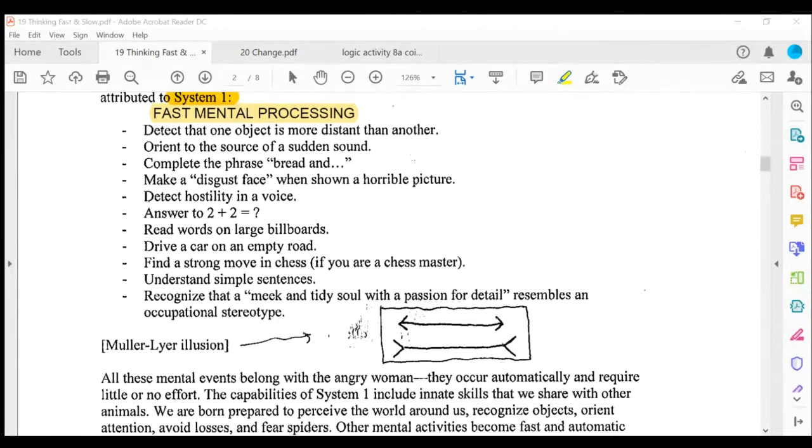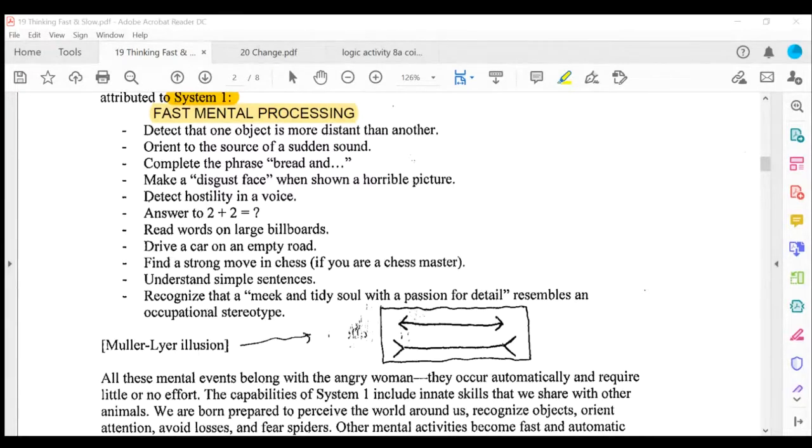Does the top line look longer or does the bottom line look longer? Lydia says the bottom line looks longer. Facundo says the bottom, although, spoiler alert, they are the same size. So that's what makes this an illusion. Facundo's exactly right. These are literally the same size. They're the same length as each other. But you know what our fast mental processing does? Our fast mental processing automatically, reflexively, intuitively interprets these two lines such that the bottom line is longer and the